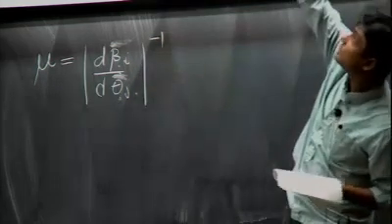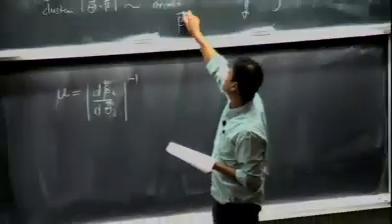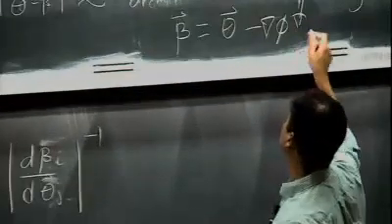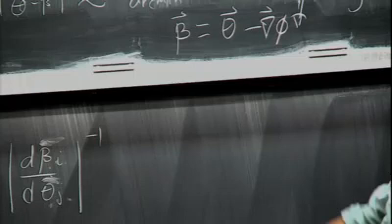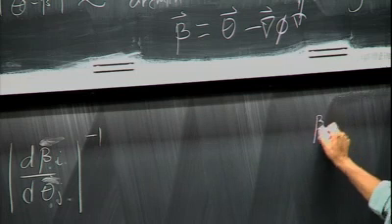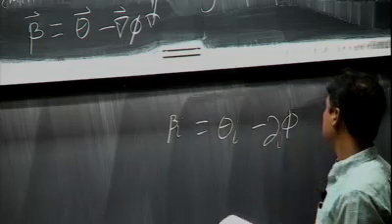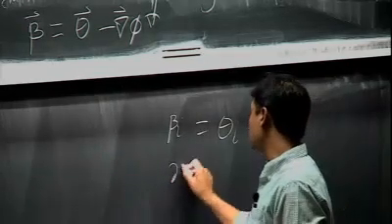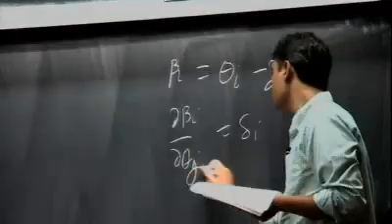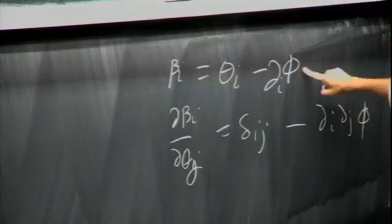This is what you can get out of that. And the reason I wrote it this way is because from the equation above, you can write beta is equal to theta minus gradient of phi. Right, and so then I can take this derivative, kind of easily, because beta_i is just theta_i minus this, and so the components for that would be